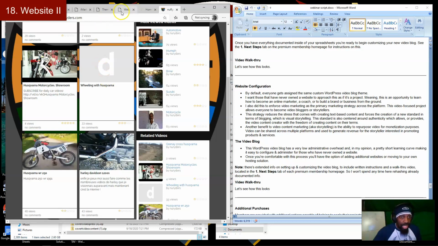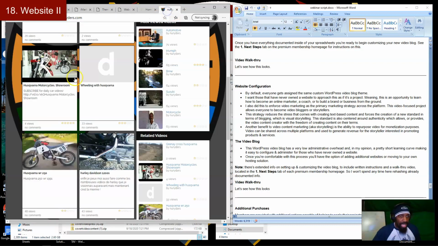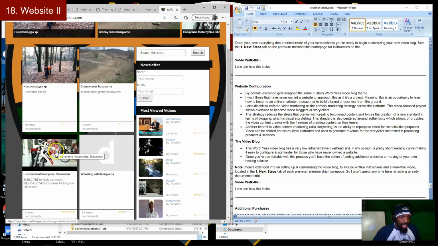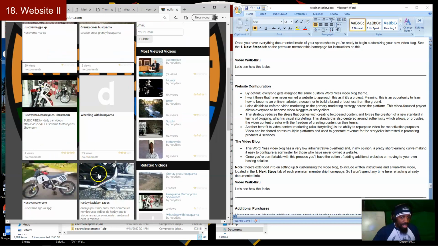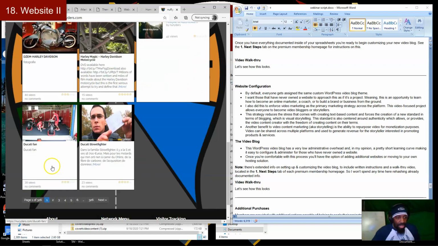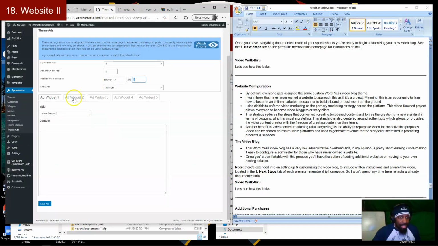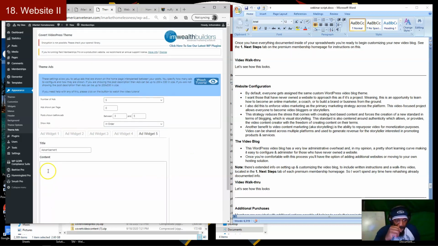What it's saying is, show me an ad between the 3rd and 5th posts. That means 1, 2, 3, I'm going to see an ad right there. 1, 4, 5, I'm going to see an ad right here. You can control the number of videos on that home page, and when you get ads going, you have the ability to say, let me add my Google AdSense here, let me add my Amazon, my AliExpress code, my eBay code or whatever. Then you can say, show everything in random order, and then you save it. And this is how, by default, the system will show